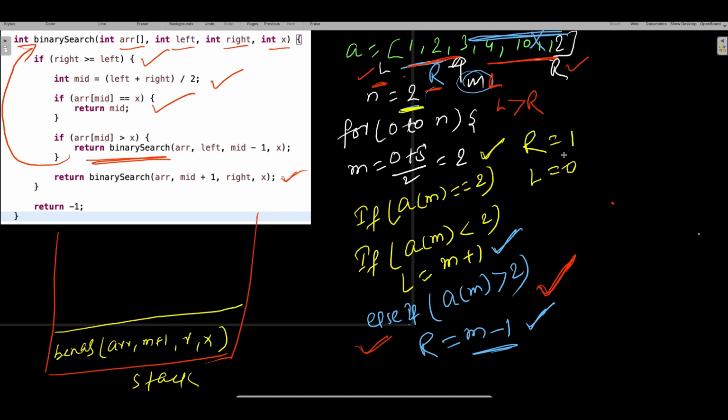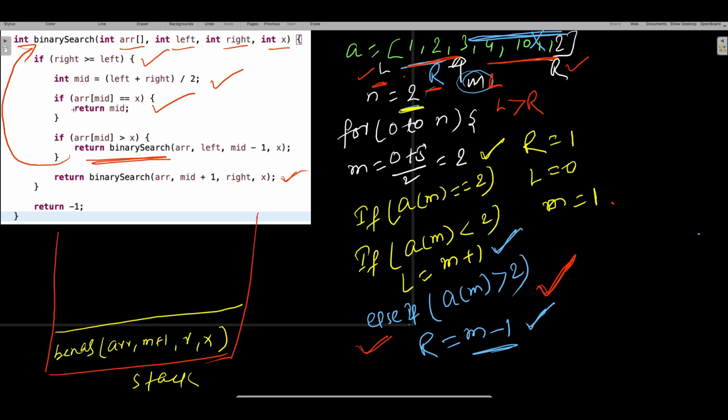Of course 1 is greater than or equal to 0, so it will come inside. I will find the middle again, and now my middle is going to be 1.